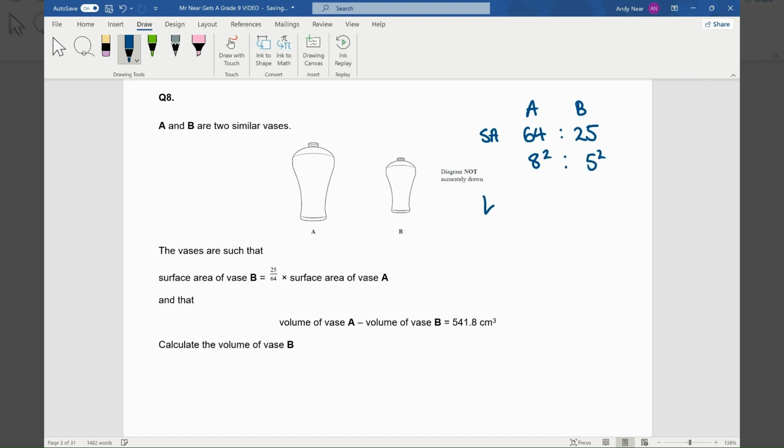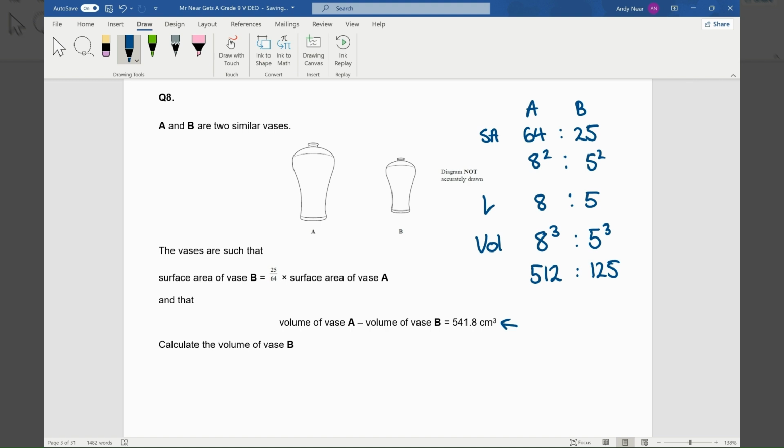Now what that means is every length on the vases are going to be in the ratio of the square root of 64 to the square root of 25, which is 8 to 5. And we are interested in this question in their volumes, and the volumes then will be in the ratio of the lengths cubed. And so we'll have 8 cubed to 5 cubed. Now 8 cubed is 512 and 5 cubed is 125. We're then told in this line here that the difference in the volumes is